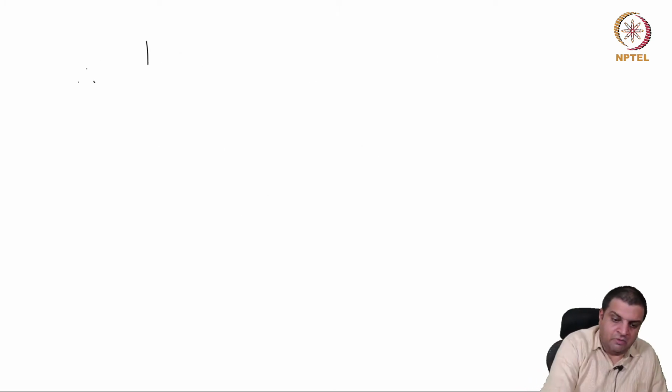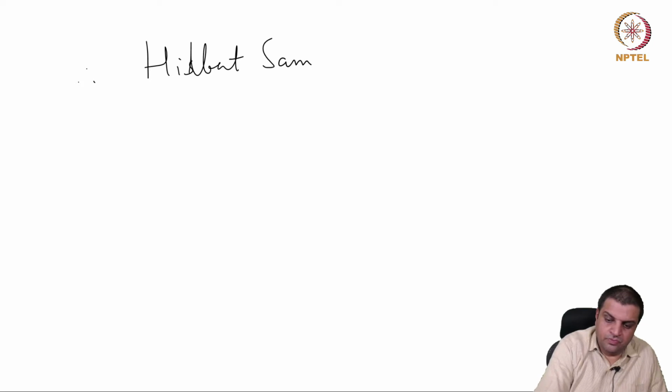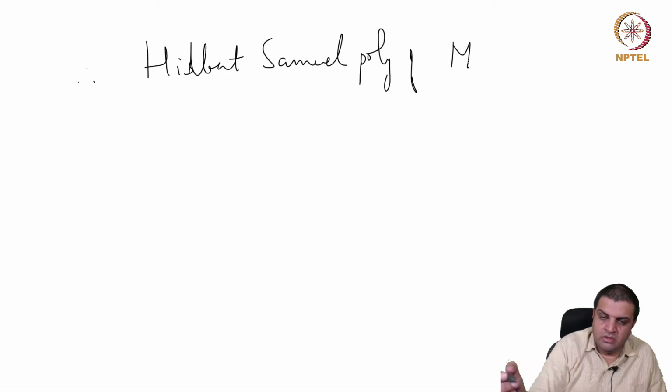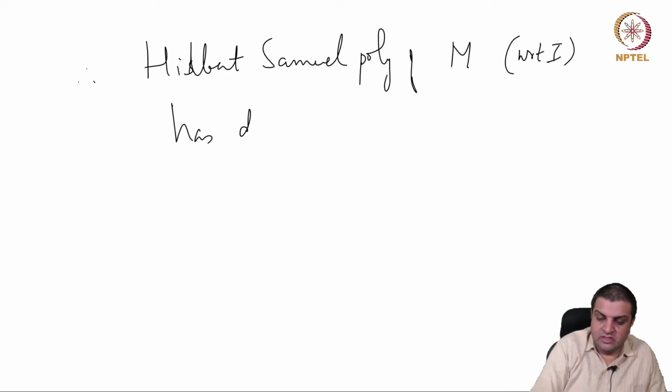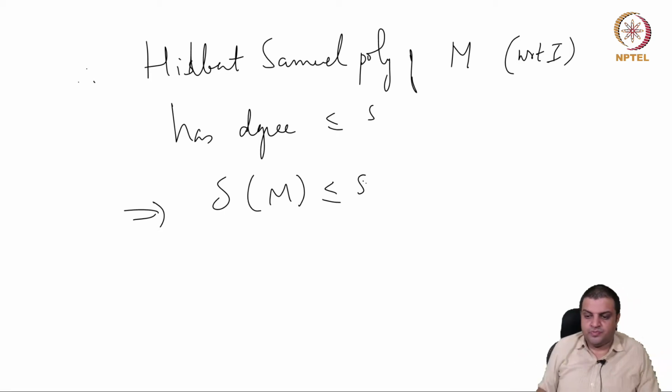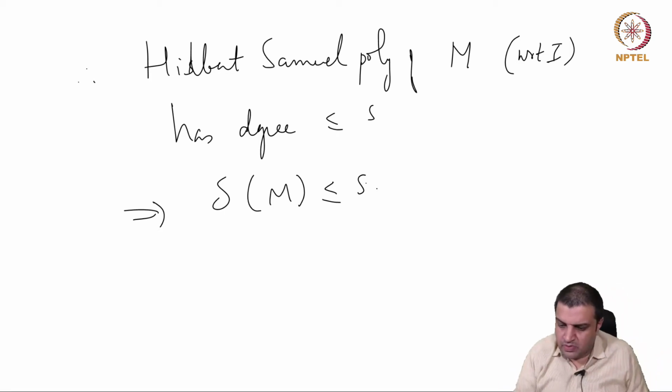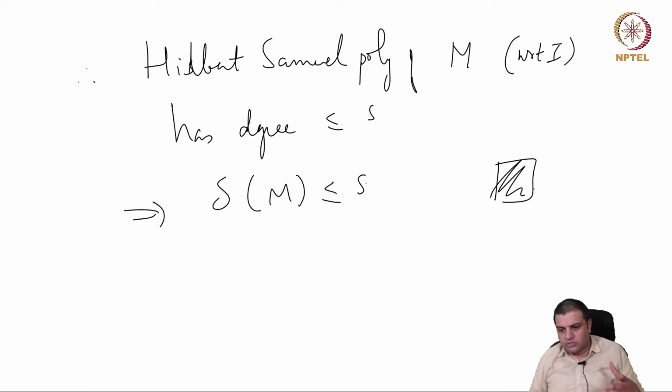Okay. Therefore, the Hilbert-Samuel polynomial of M with respect to I has degree at most s. This now implies that delta of M is less than or equal to s. Okay, so in Krull's theorem, this is one step, but we want to look at some quick examples